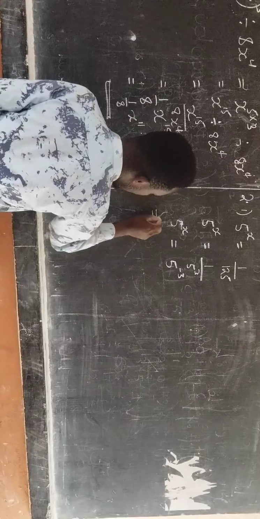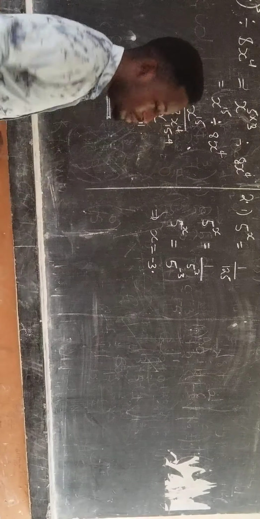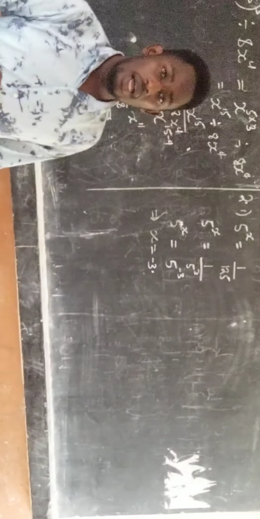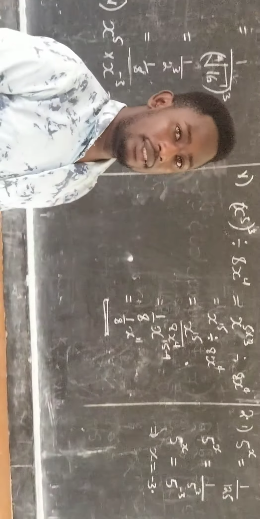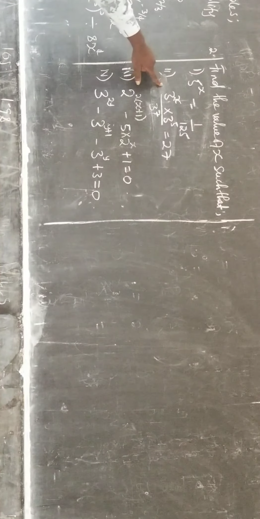So this implies that x is equal to minus 3. That implies that x is equal to minus 3. Question 2: we have